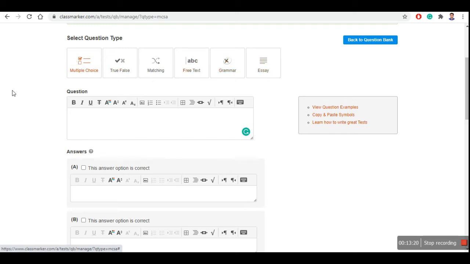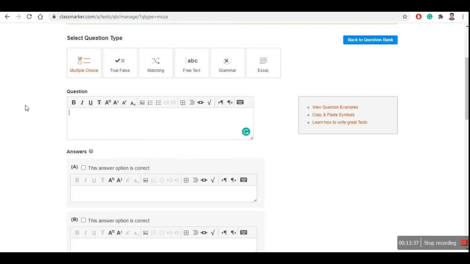First I will show you multiple choice. In this, say 50 students are appearing for a test, and you want that all the students should not get the same question at a time during the test, as well as the options should not come in the same order.